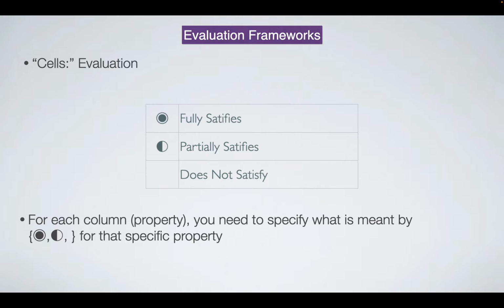The other thing I'll mention is that different people doing the same evaluation framework will not necessarily come up with the exact same table. Your columns could be different depending on what you think of. Even if you come up with the same columns, you might differ a bit between what's a half dot, what's a full dot, or you might differ in deciding whether a system achieves that dot or not. So there is some room.